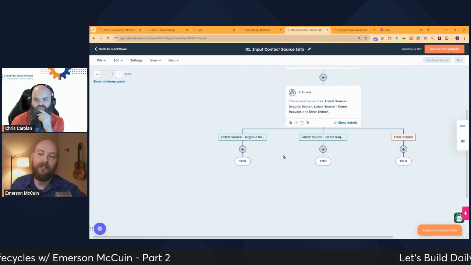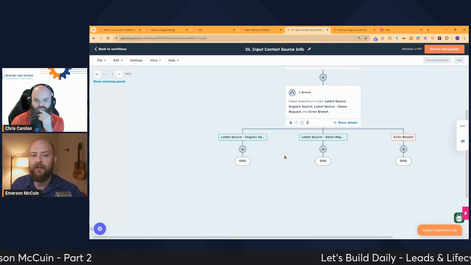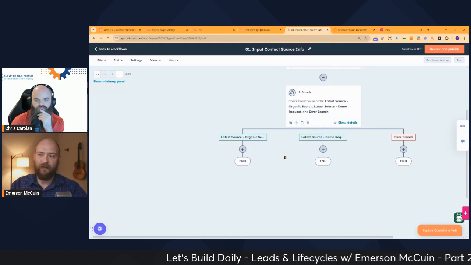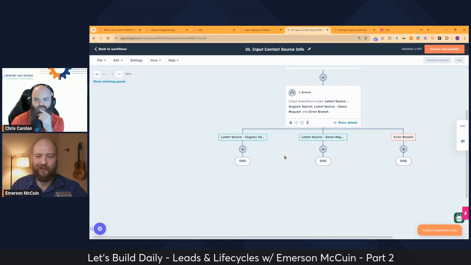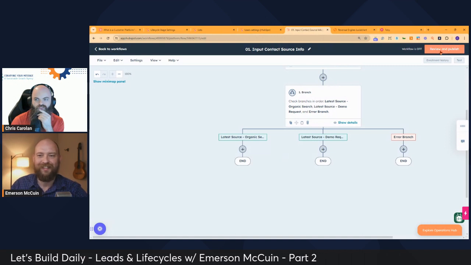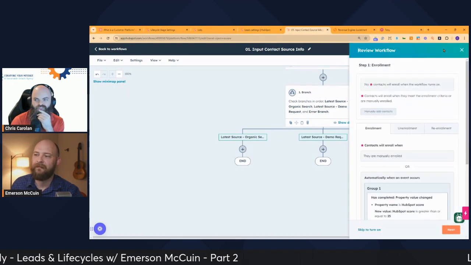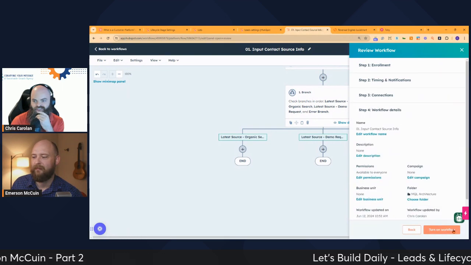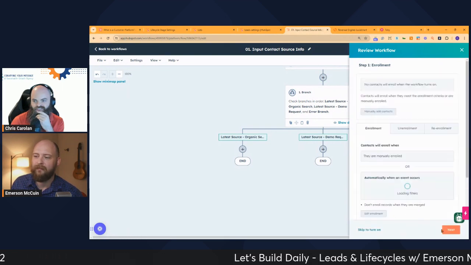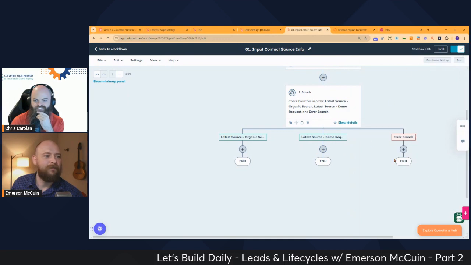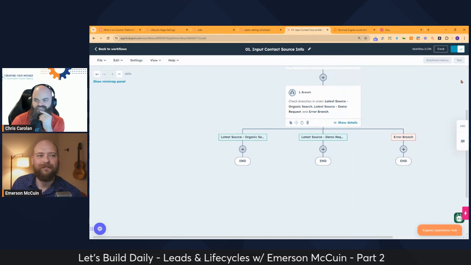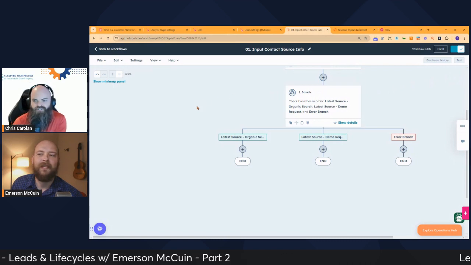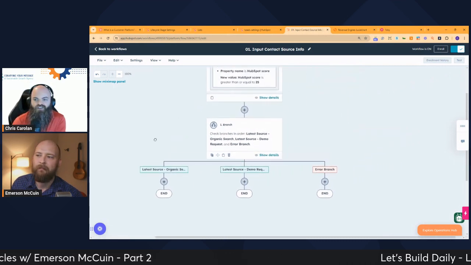And at the end of each of those branches, and you can do it however you want, we decided to go to our next workflow in the process, which we need to create first before we can point to it. Okay. So review and publish this one. Next. Lots of cool stuff now to make sure your workflows are doing what you intend. Lots of checks and balances, more than ever before. That's for sure.